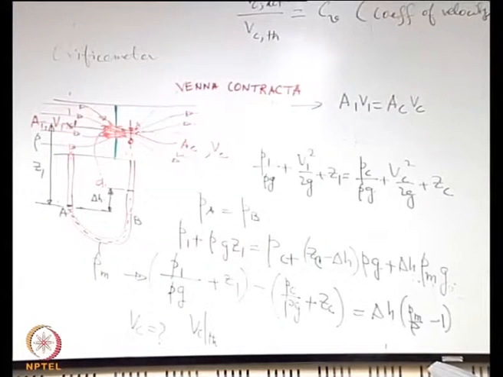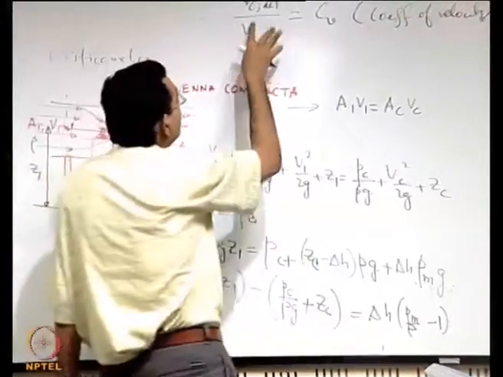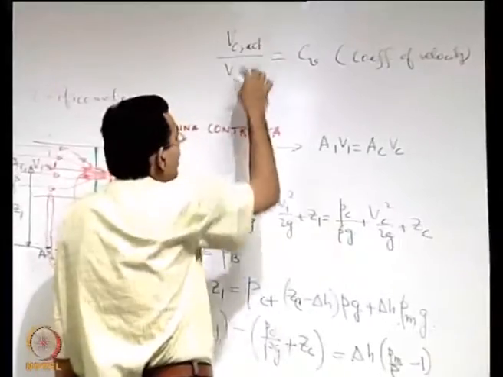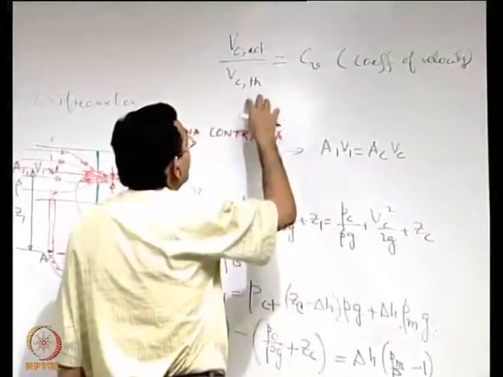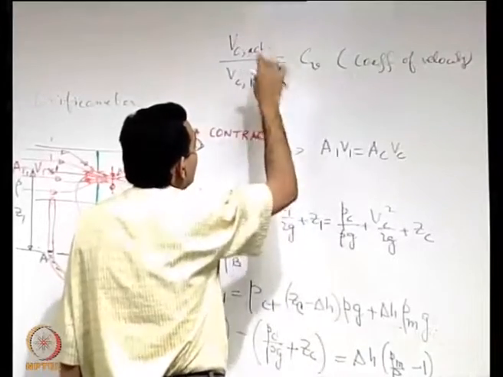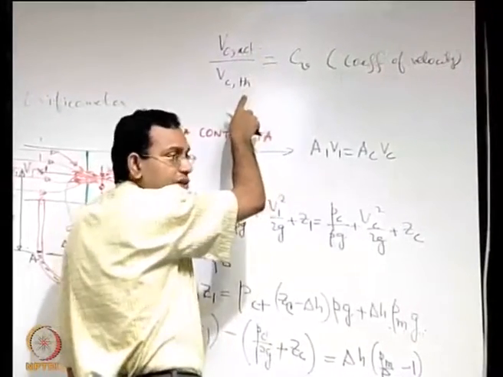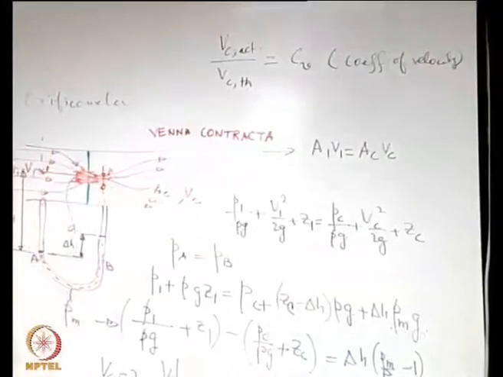Coefficient of velocity, you have to keep in mind, is also a coefficient of ignorance used by the engineers, because actually we do not know what the velocity is. We can only estimate from our reading some kind of theoretical velocity, but there is a difference between these two, and because of losses the actual will be less than theoretical. So this will be less than 1.